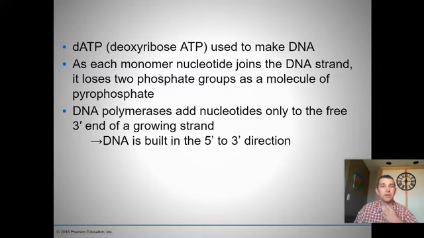As these monomers are added, it loses some phosphate groups. So DNA polymerase is an enzyme. How does that enzyme work? Well, it doesn't provide the energy. It just allows a reaction to take place. The reaction that takes place is that the nucleotides that are ready to get added onto pieces of DNA have extra phosphate groups on them that provide the energy. So DNA, we say, is built in the 5' to 3' direction. The 3' end is always the new piece, and we're going to add a new piece on beyond that 3'